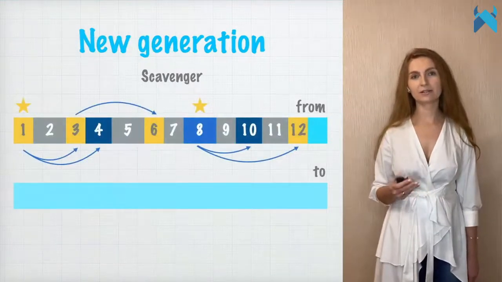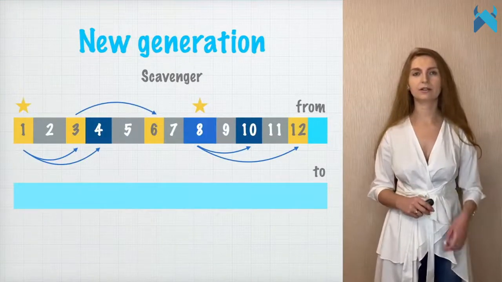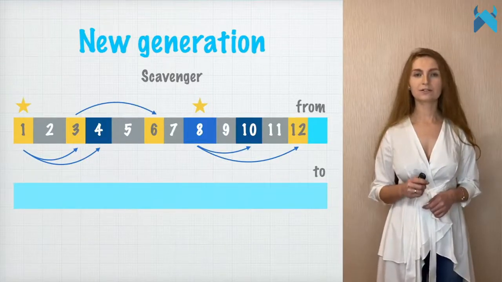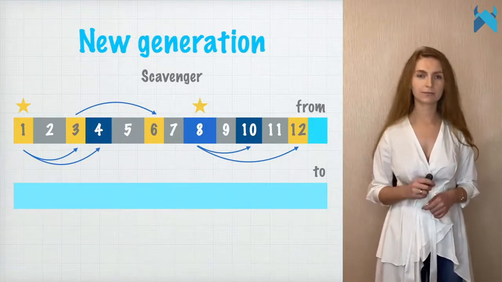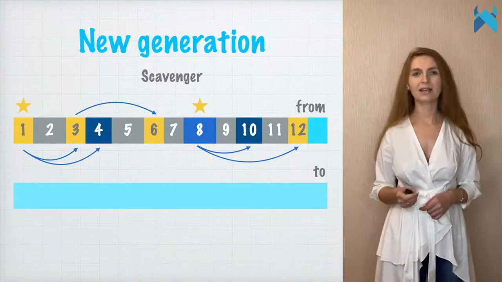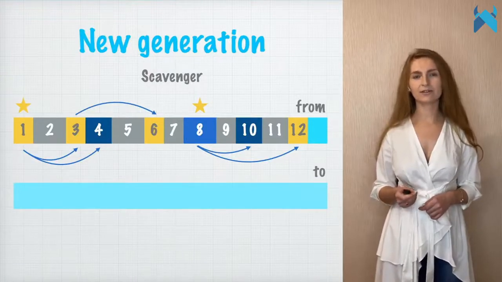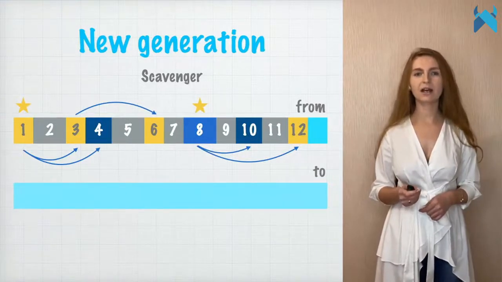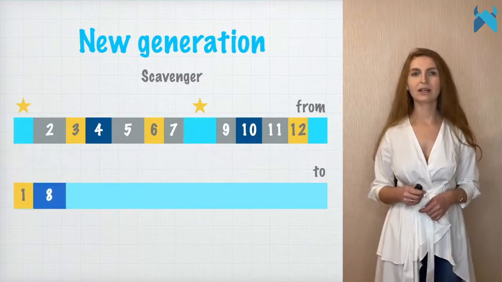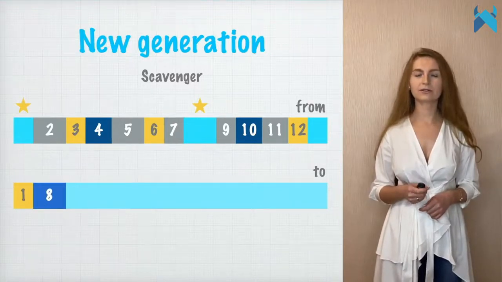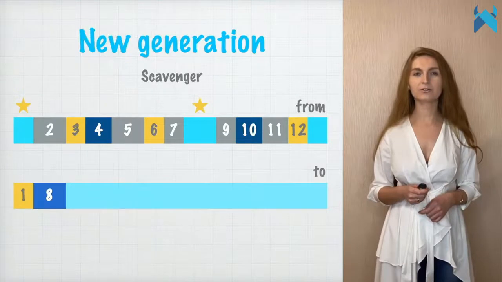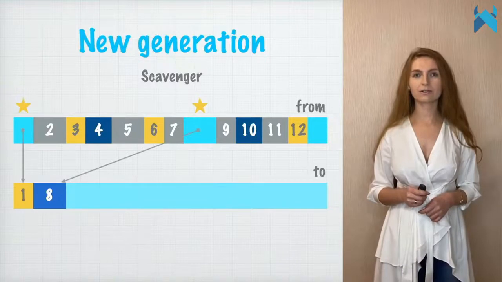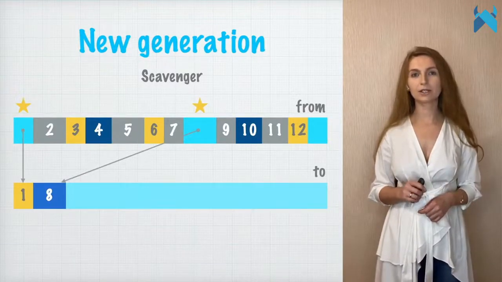Imagine this is our semi-space state just before the GC run. Objects 1 and 8 are members of the root set. Objects 3 and 4 are accessible from object 1, object 6 from object 3, and objects 10 and 12 are referenced by object 8. At this point, all objects in the from semi-space are members of the white set. The first members of the gray set are root set members. They are copied into the to semi-space. Once an object is copied, the source object in the from semi-space contains the forwarding pointer to the new location.